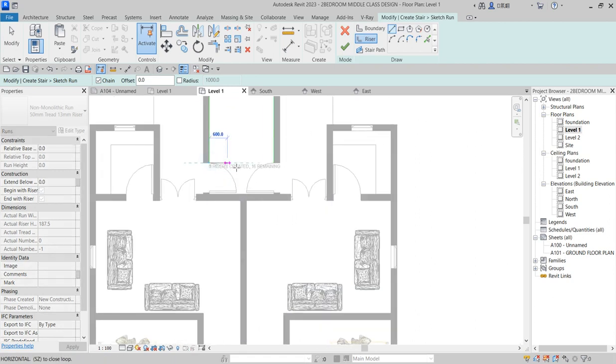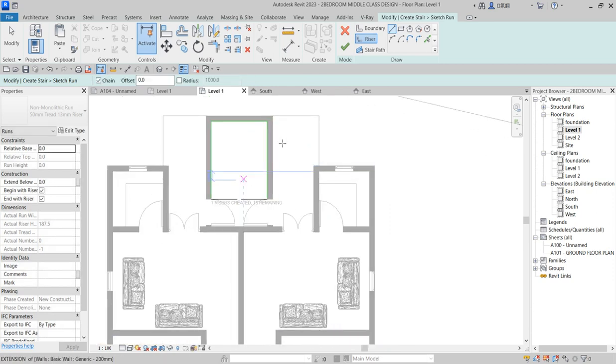Then the riser will be 1000 by 1000 detail. So then you put another boundary around this area,